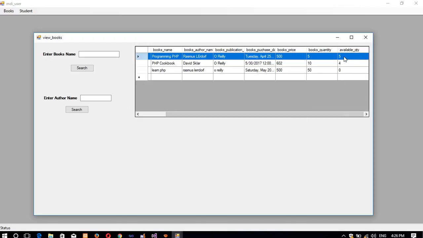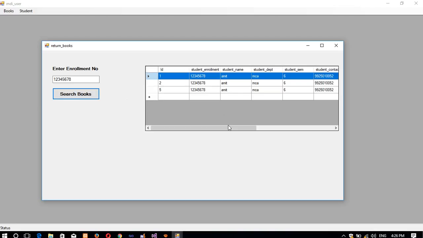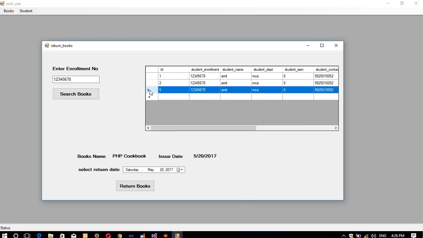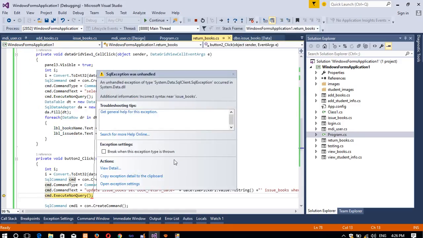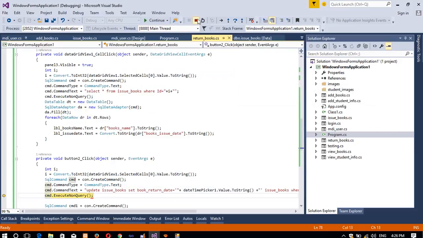Yeah, we have this available quantity is 5, program in PHP. We are going to check this PHP cookbook available quantity is 4. Now return book, and we are going to student 1 2 3 4 5 6 7 8 PHP cookbook. Where is the PHP cookbook? Yeah, last one. So we select this and return date is today. Return book. I think we are getting one error near syntax near issue book, so we need to check